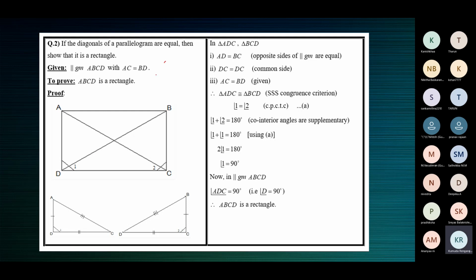See, so actually it is like this. We are given a parallelogram in which diagonals are equal. We need to show that it's a rectangle. But if you draw your figure like this, ABCD like this, then finally you will say that therefore ABCD is a rectangle. See here the last line. But the figure does not match the result. So you need to draw the figure to match the result.